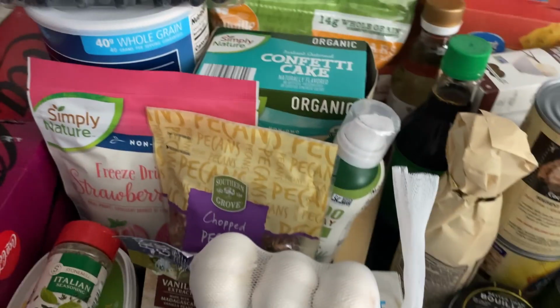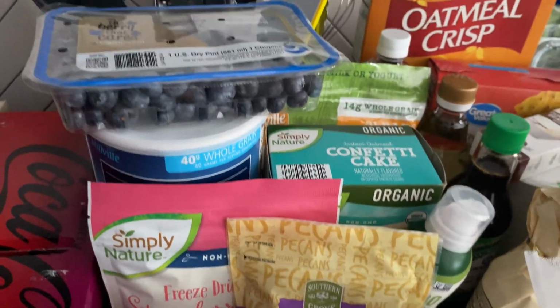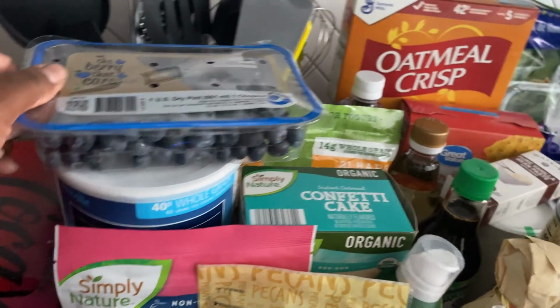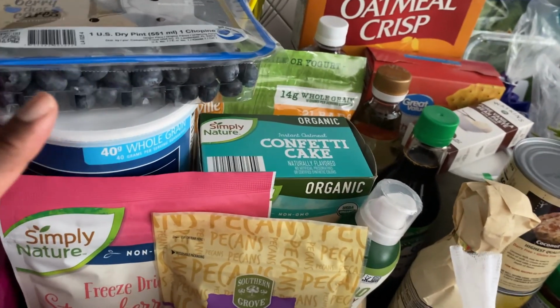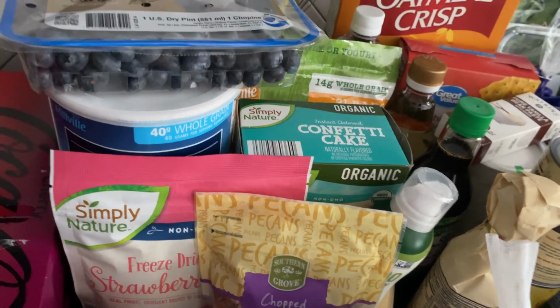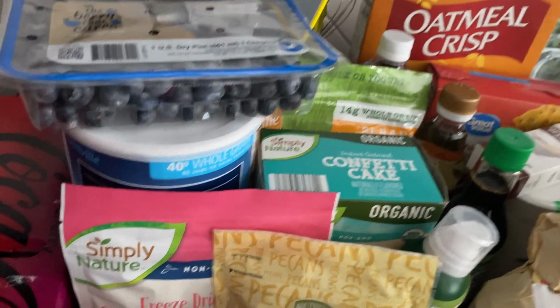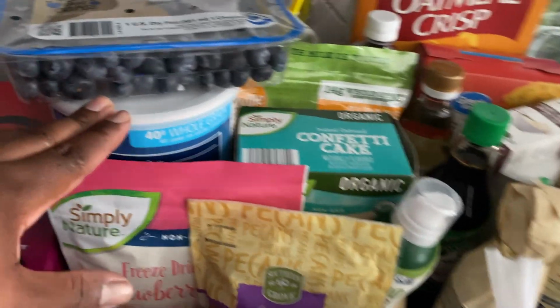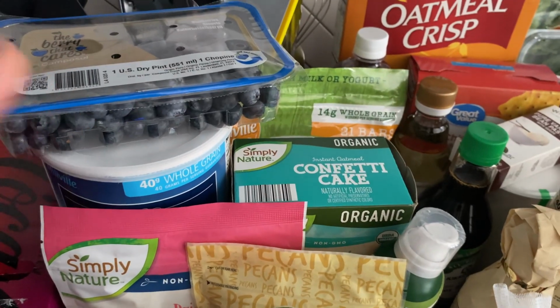So what are these items for? The oats, I'm going to be making more of that coconut pecan granola so that I can make my farmer's fridge bowls. Really, I'm gonna be making a lot of breakfasts with oats and not typical oatmeal. I have a peanut butter breakfast oatmeal bowl. I have my knockoff farmer's fridge. I have key lime pie overnight oats, a seeded no knead bread as well,